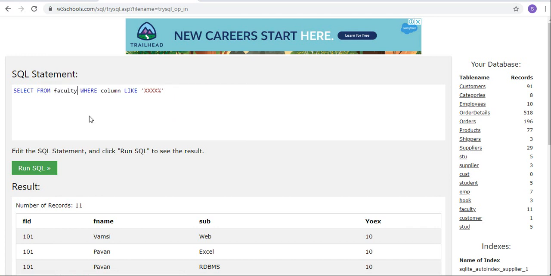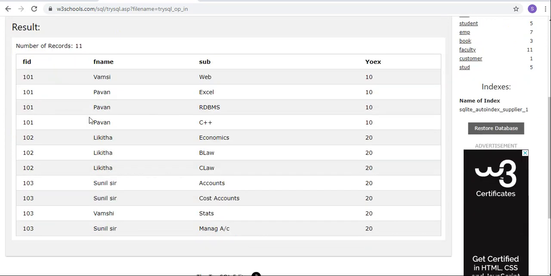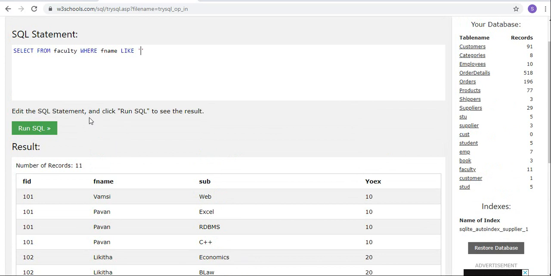Faculty, where column I am going with F name, like. I want to print all the names whose name starts with L. So the first letter is L, from the second letter onwards you can have anything, that's why I mentioned it as percent. Run SQL.